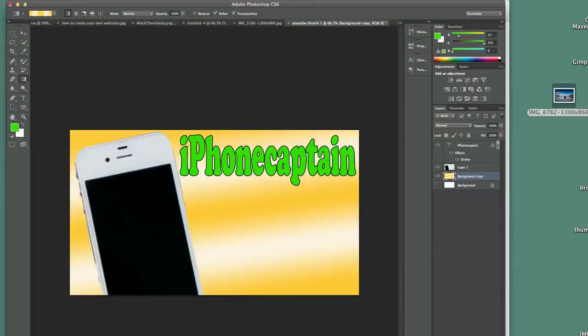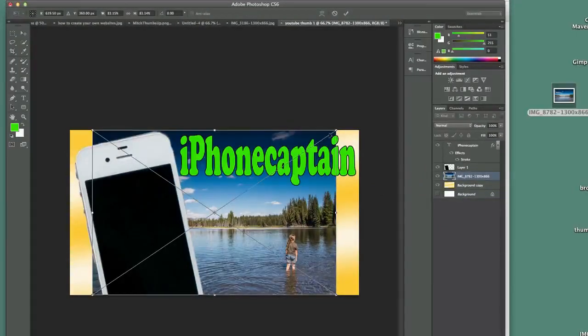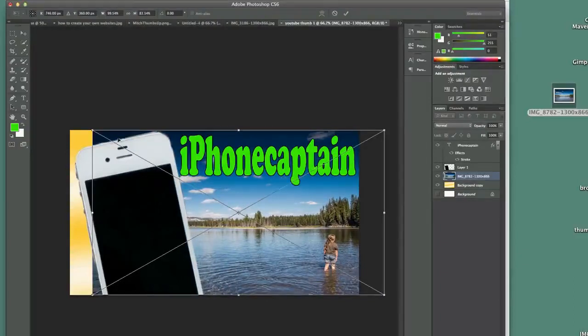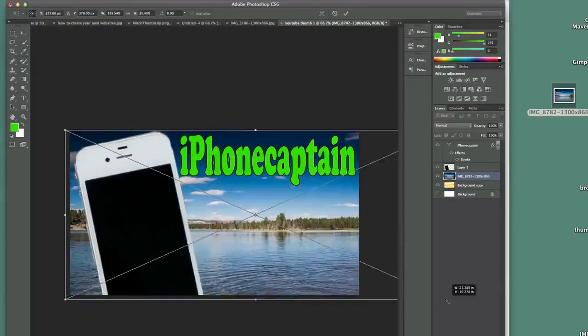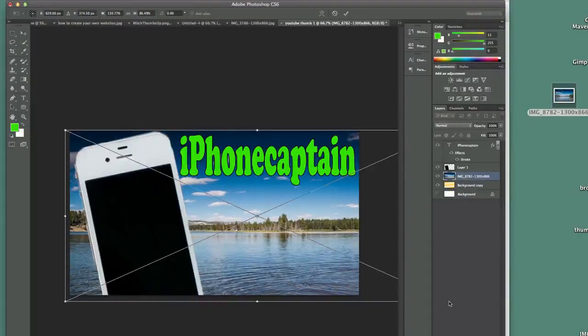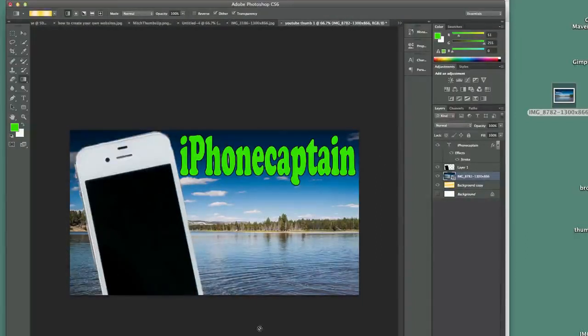Now, here's something you can do also. If you wanted to drag this photo in here and say all you wanted was just to use the background, it can be done by just doing this right here. Now, all I did was drag the image in and drop it on top of the thumbnail we were creating. Now I press Command T to transform, hit enter, and now you see I have this beautiful lake and sky background, and it